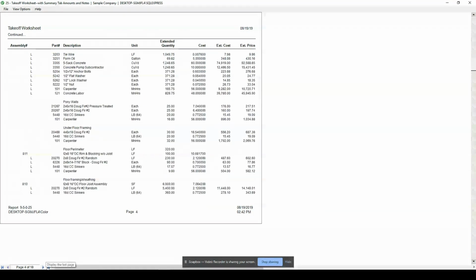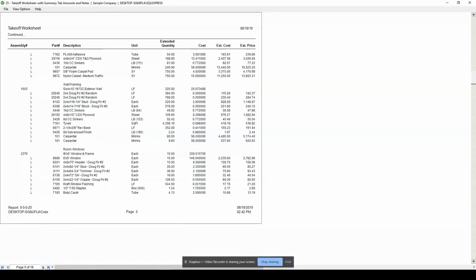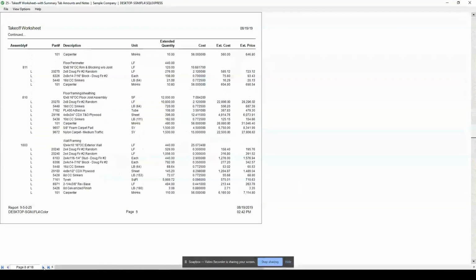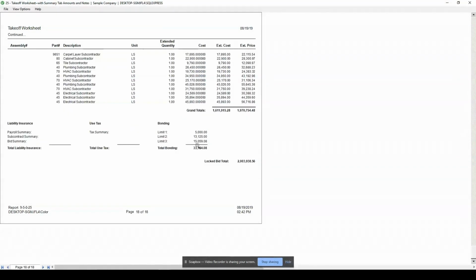I'm able to track all this information, but notice I don't necessarily have totals at the end of this report. I got it at the end, but I don't have true totals as I did with my other report, where I'm looking at the bid item total as well as the phases that are made up of multiple bid items.